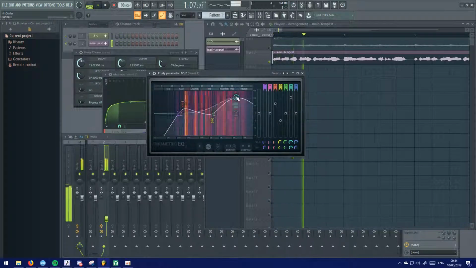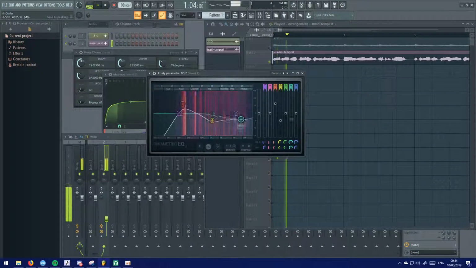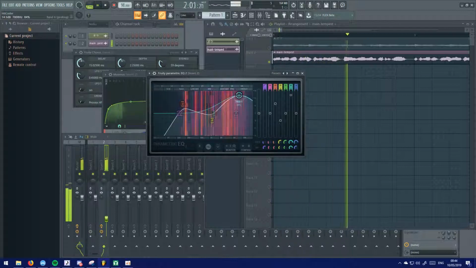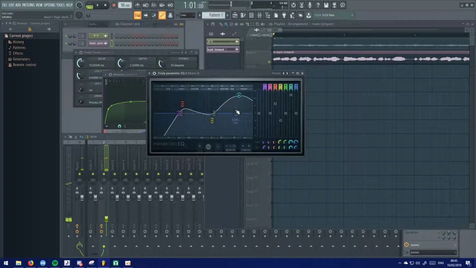And then this, obviously this is where consonants are and where the main bulk of the voice and clarity is, higher frequencies. So around here you then have your sibilants, and up here you have sibilants as well. So if I was to take this band and do this around the sibilant area,